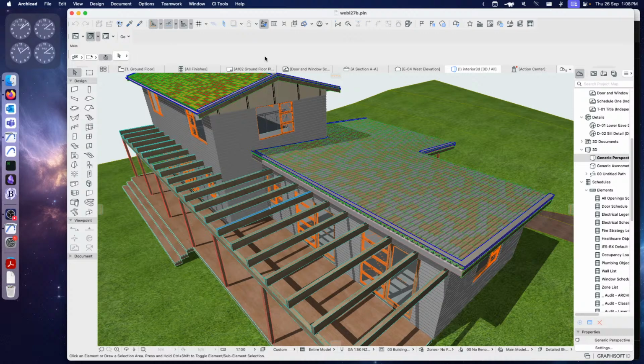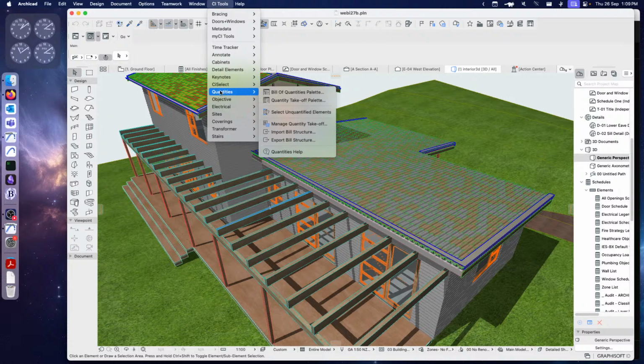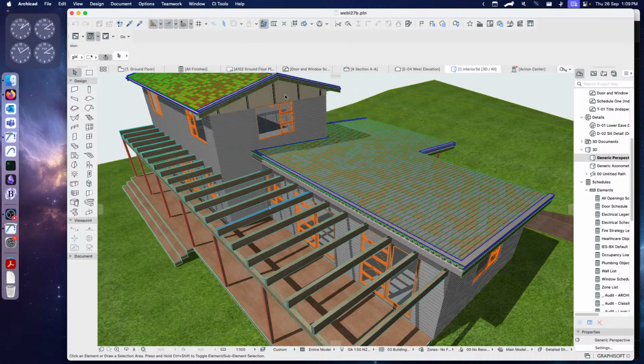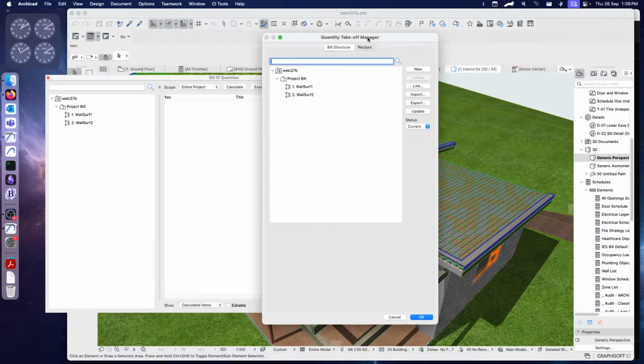With that in mind, the quantities tool will sit inside your ArchiCAD project, and you can essentially look at the quantities of what you have basically in real time, anytime as you're going through designing in your project. So the way that it works is that we'll go to our quantities tool here, and we will choose to have a look at the bill of quantities palette. And this will show us our bill of quantities, and then we'll also have a look at our quantity takeoff